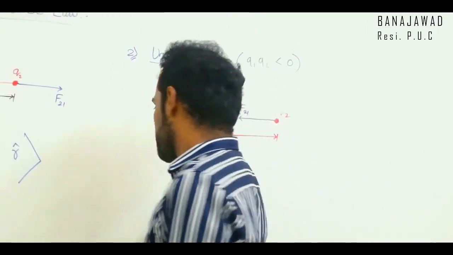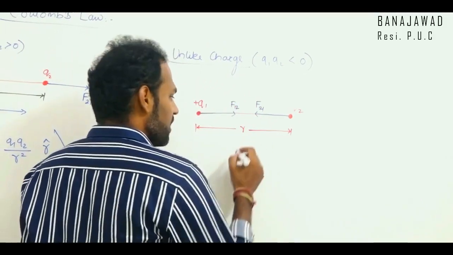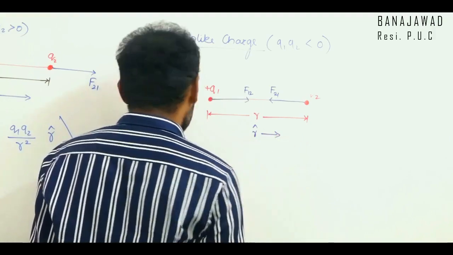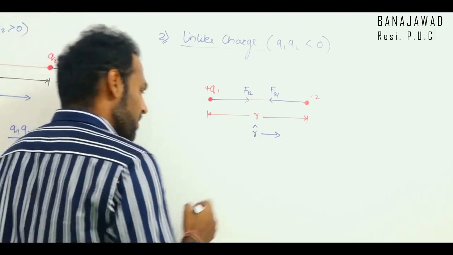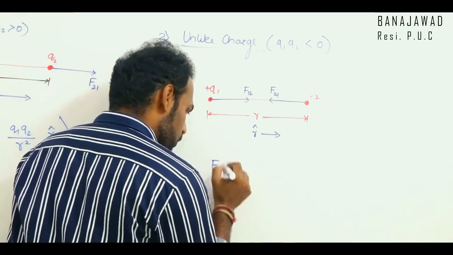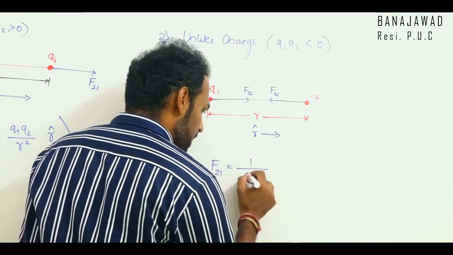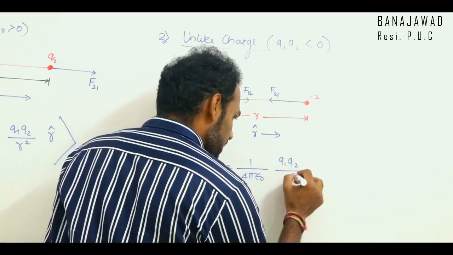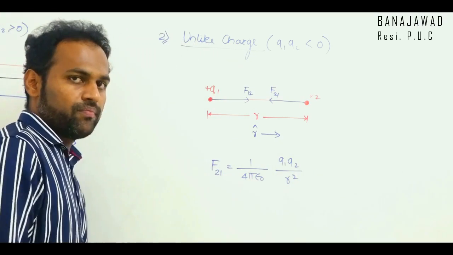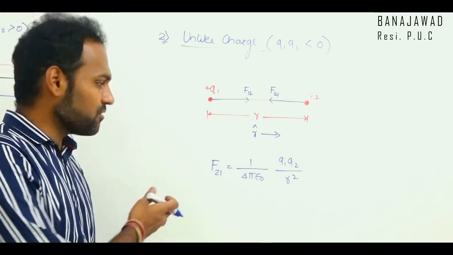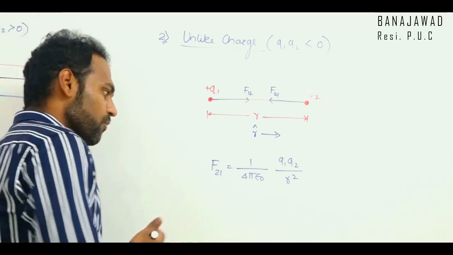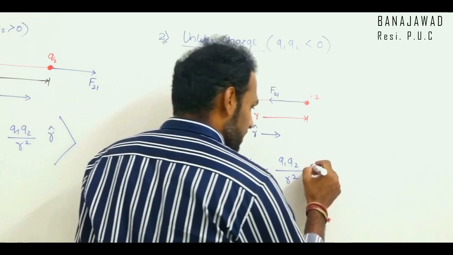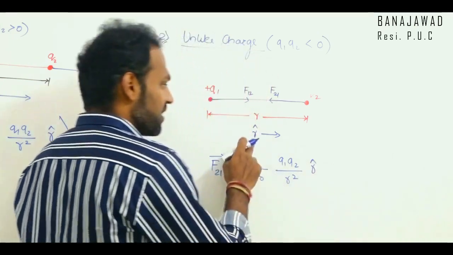Okay, we'll write the expression. See, again I will write the F21 equation. Again we'll take the unit vector in this direction as usual, and we'll write the expression for F21. See, F21 is equal to 1 by 4 pi epsilon naught Q1 into Q2 divided by r squared. Now this is not the vector form. This is scalar form. We have just written magnitude. If you want to write it in vector notation, we have to introduce a unit vector here, and I will introduce that unit vector here, r cap.